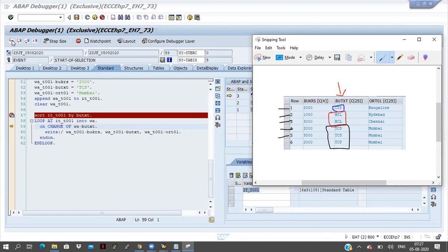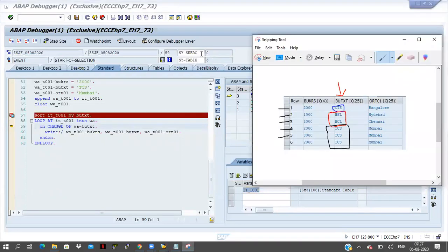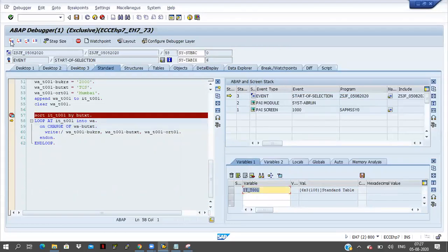The cursor is at the 59th line. If I click on F5, the cursor is not going inside of that one. Directly it is coming for one more record, one more loop. Click on F5. Here the cursor is at the 6th line. If I click on F5, this is the third record of this block, so the cursor is coming outside. It is not going inside. It is coming for the next record, but the next record is not available. Only 6 records are available, so it will come to ENDLOOP now.